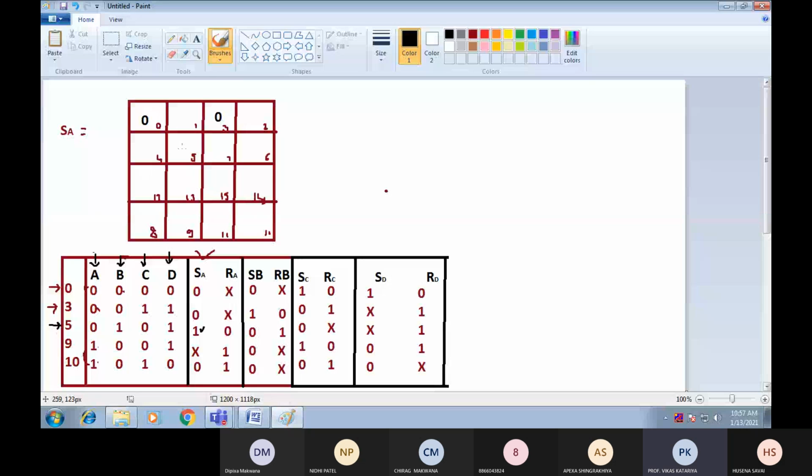5 लोकेशन हमारी ये है, यहाँ पर आपको 1 करना, और 9 लोकेशन पर आपको करना है डोंट केयर। दिस विल मार्क एज ए डोंट केयर। 10th लोकेशन पर जीरो फिल करना है आपको। अब जो रिमेनिंग है बाकी सभी क्रॉस करना है। यहाँ पे क्या आएगा ये हमें पता नहीं, दैट इज वाई इट इज क्रॉस, इट मे बी 0 और 1। सो जो हमें वैल्यू एग्जैक्ट पता होती है वो हमने फिल कर दी, जो नहीं पता उसे क्रॉस करना है।